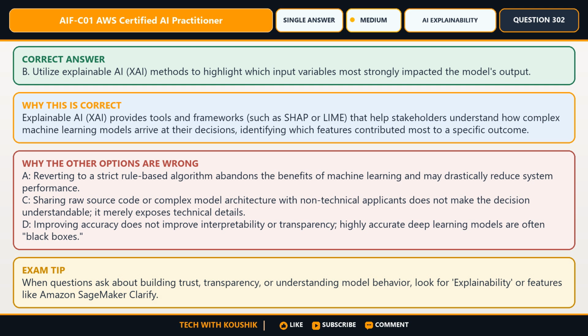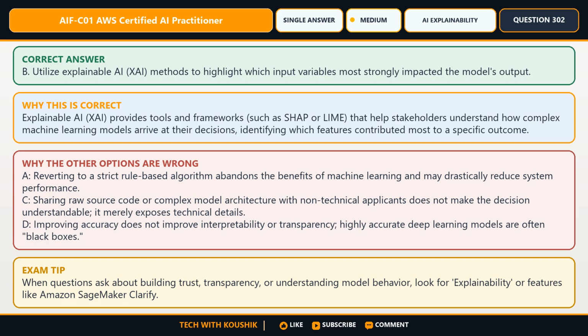Here is how to rule out the alternatives. A. Reverting to a strict rule-based algorithm abandons the benefits of machine learning and may drastically reduce system performance. C. Sharing raw source code or complex model architecture with non-technical applicants does not make the decision understandable, it merely exposes technical details.